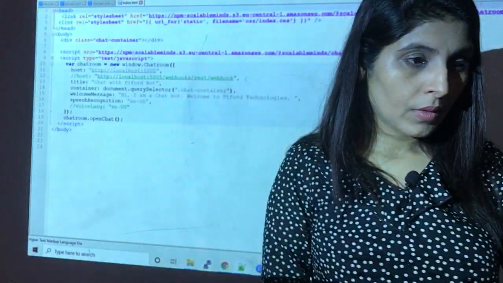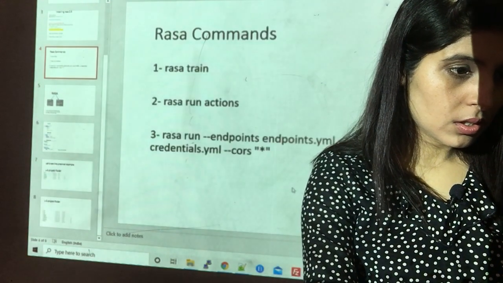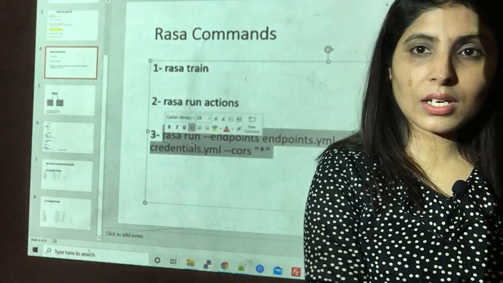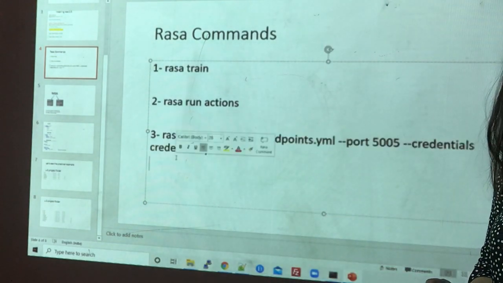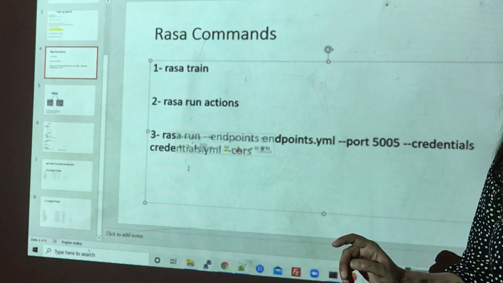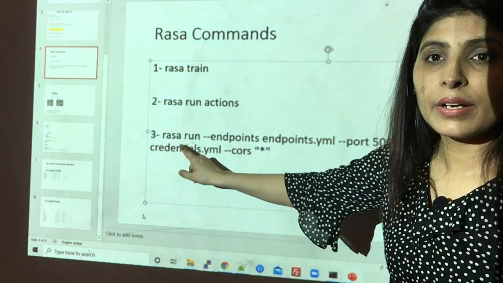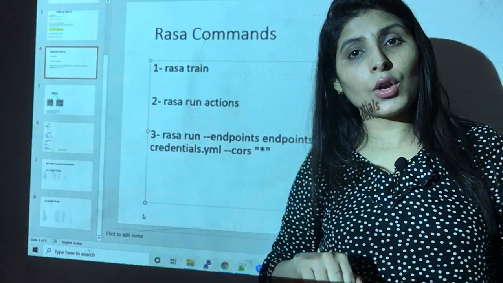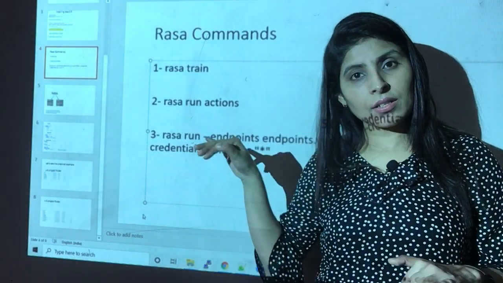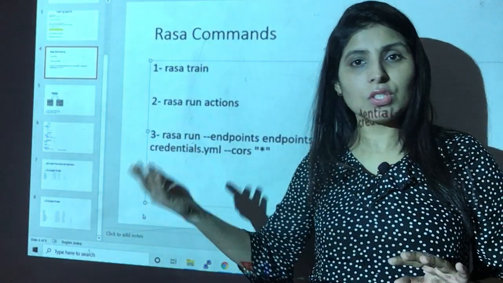The command which I have used is this. Over here, using Rasa run we can run our application, but now we want to connect this Rasa with the chatbot UI web application which I have created.